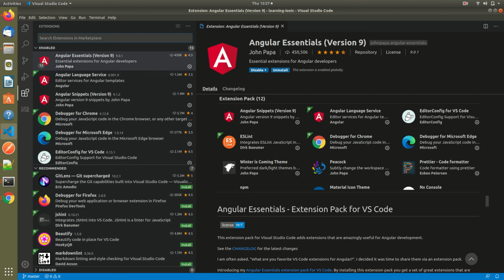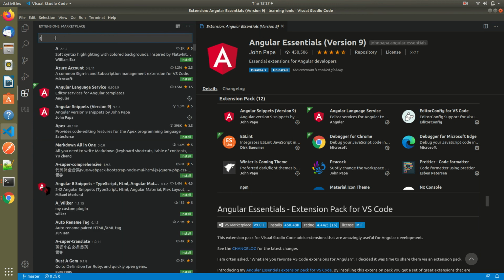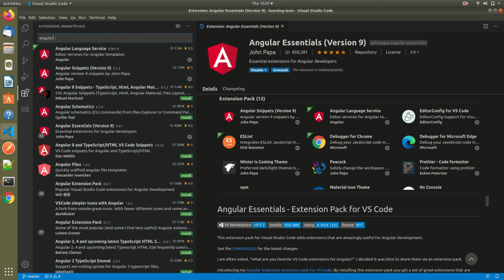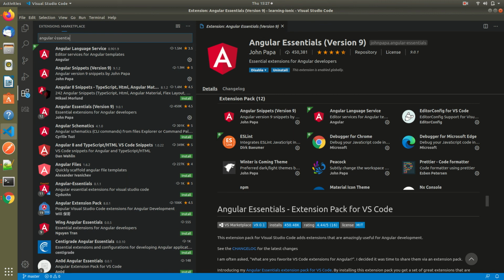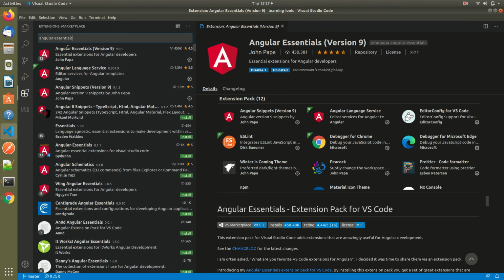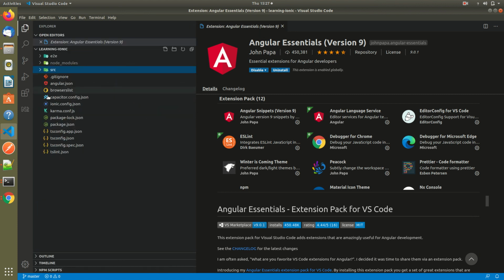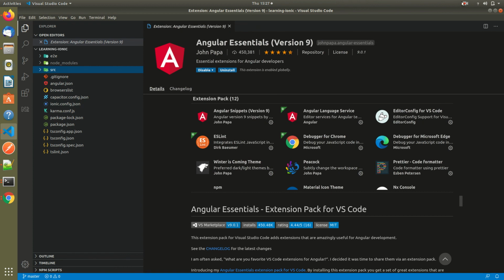Search here for Angular Essentials, and through it you can install it. When you install it, you can see this colorful icon here, and it will also help at the time of developing the application.